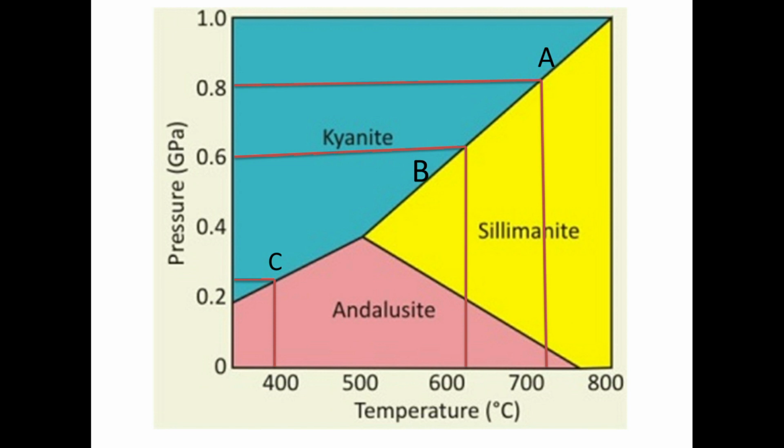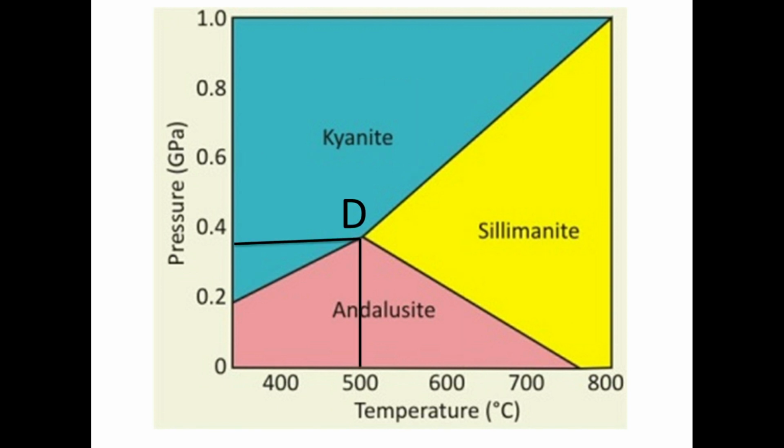And now, on the same line, if we move from A to B, then at 0.6 gigapascal pressure we have 600 degrees Celsius. So you can clearly see that if we want to change the pressure, then the temperature automatically gets changed. So there is only one variable that we can change independently, and by changing that, the next variable automatically gets changed. So the degree of freedom is 1.